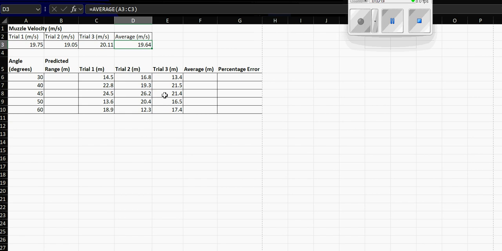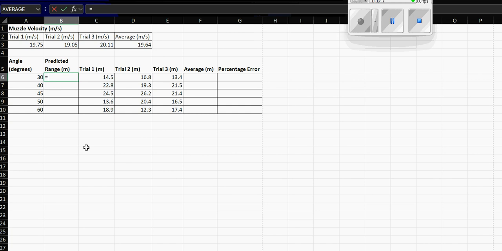Okay, so now let's input our other data here. First of all, we've got our predicted range. This one can get a little bit tricky. You could just do the calculation and then put the number into your Excel spreadsheet, and that's fine. I'm going to show you how to use Excel to build an equation to do this for you, though, and it's actually a little more tricky than you might think because Excel assumes you're working in radians, which is not actually the case. So I'm going to hit the equal sign to tell it that I'm going to do an